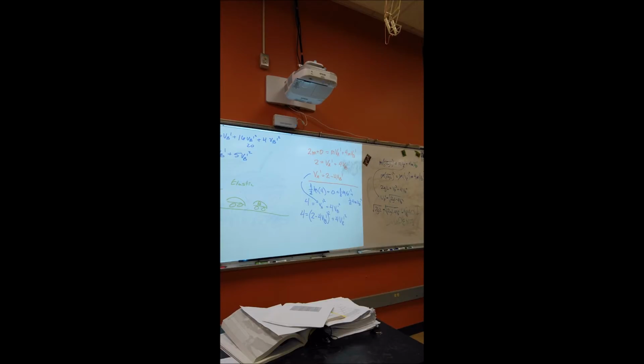was negative b plus or minus the square root of b squared minus 4ac, all over 2a. Okay, I see. So you do that, and you get VB. Okay, I'm not going to do that in my head. I'll figure it out. Alright, so that would be how you solve a perfectly elastic collision with nothing but algebra.